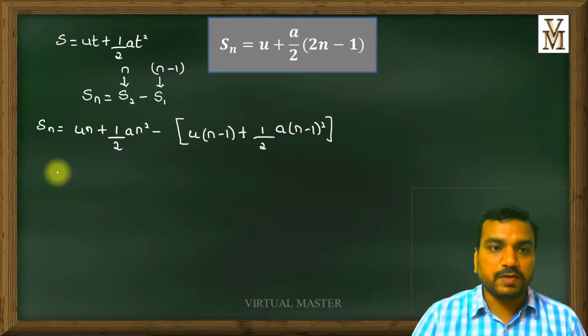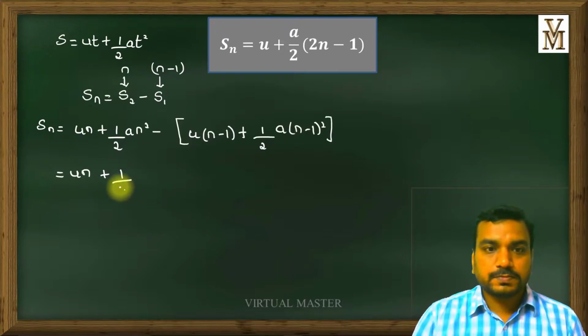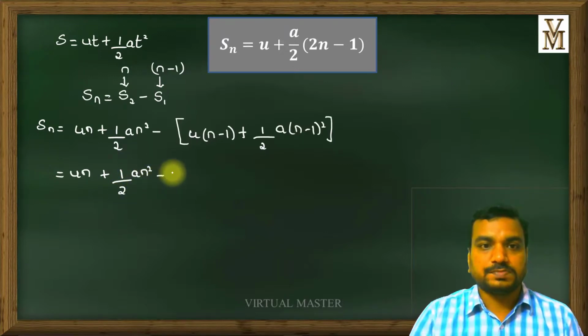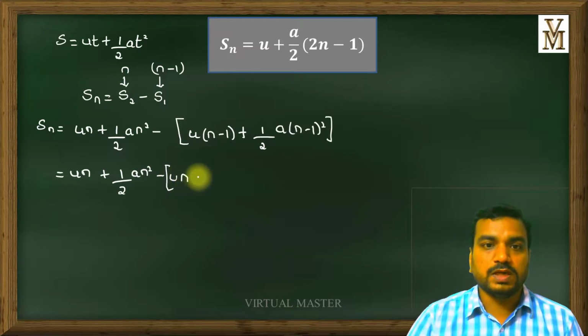Okay, let us simplify this. un plus half a into n square minus un minus u, multiplying u into n and u into 1, that I will get un minus u, plus